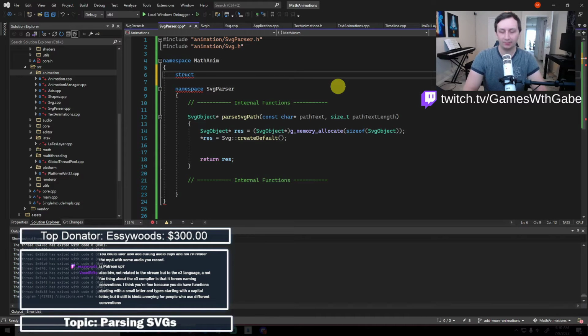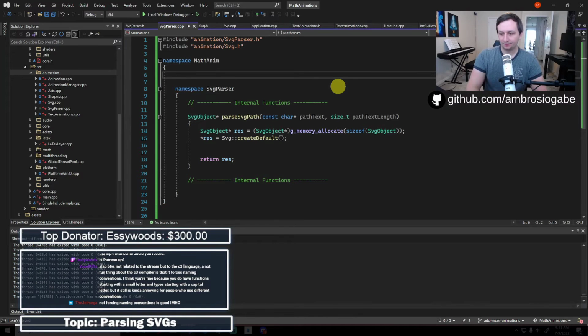And that is one annoying thing about C++, that it has no conventions to me. Or you can set up linters, which I might do eventually in Clang, I think. But yeah, I think I'm okay with that though. Because syntax can be a divisive issue if you're working on a team with people who get annoyed about low-level syntax issues. So if you have a linter and a default standard, it's easier, which is nice. But yeah, not forcing naming conventions is good in my honest opinion.